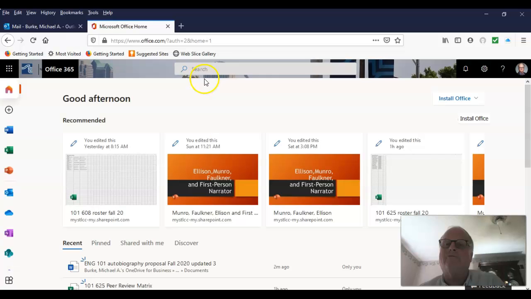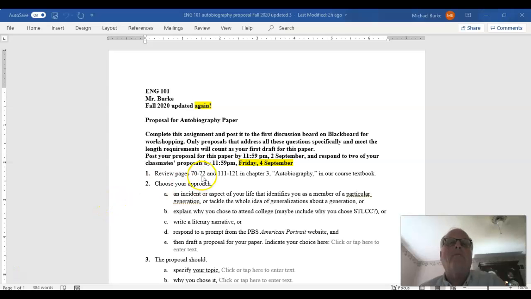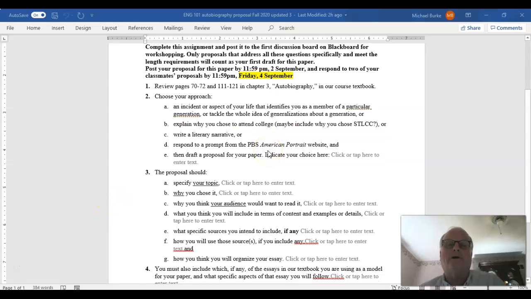Make sure you've got the full-fledged one downloaded to your laptop, desktop, or to your tablet. Okay. Again, if you're a phone person or you don't have a very robust tablet, then the online versions will probably do. Okay, so here we are in Microsoft Word, and this is the latest version of the proposal form